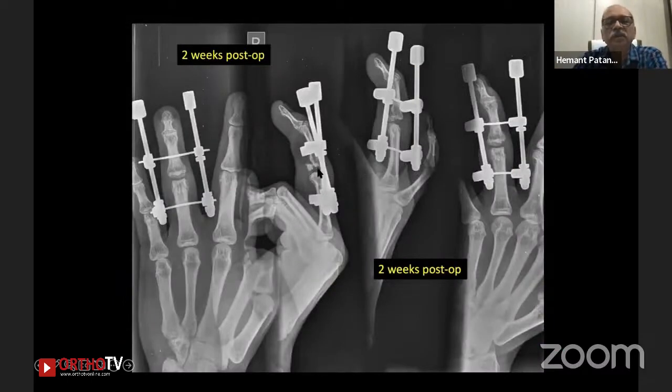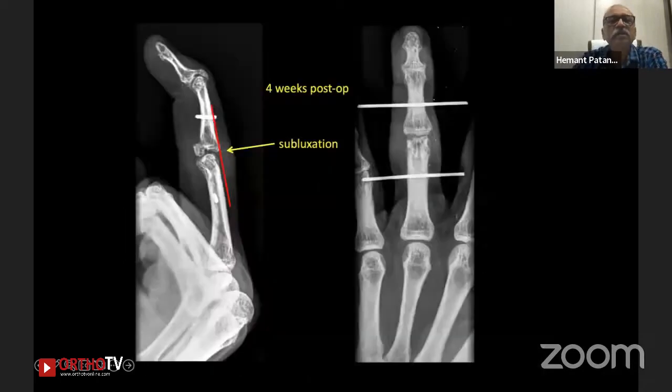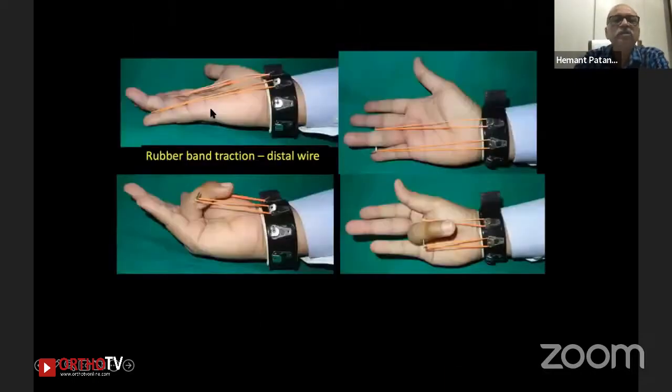This is at 2 weeks. You can see that because of the traction, this fracture got pulled out, and this bone is now realigned. The articular surface is quite well realigned. It's not united yet. This is at 4 weeks. The fracture is united, but unfortunately, there is still an element of subluxation on the fixator. So in this case, you remove the fixator, but you don't remove the distal pin. The distal pin is bent like a